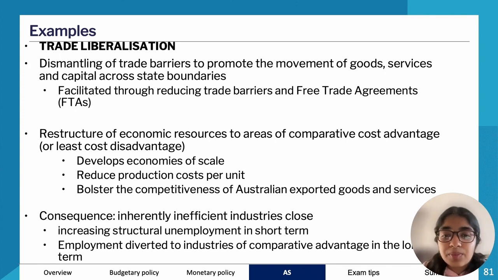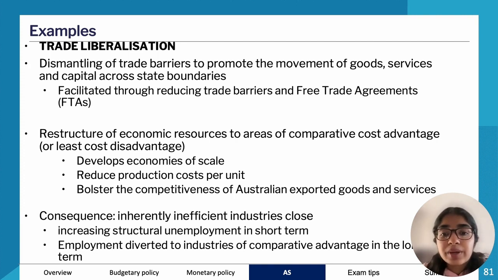It also brings me to the point of comparative advantage. So if we have trade liberalization, it means that now we have economies of scale, right? So each country produces things that it's good at producing and then trades them with others. So for example, Australia, we're really good at producing coal, iron ore, and all of that. And then because we produce lots and lots of that, we can spread out our costs over that. And it also gives us a comparative advantage.